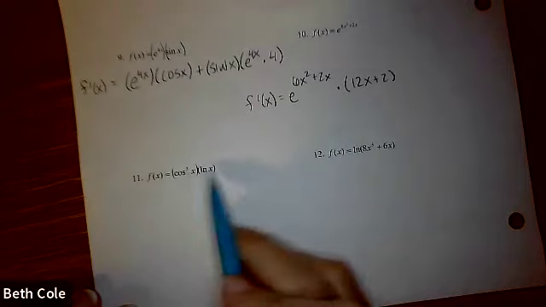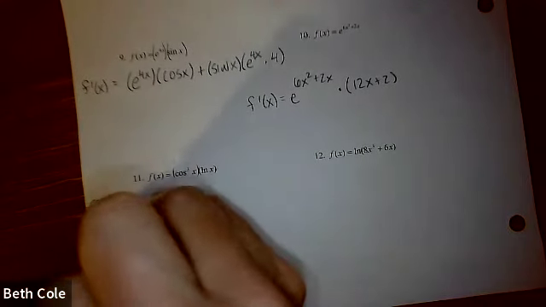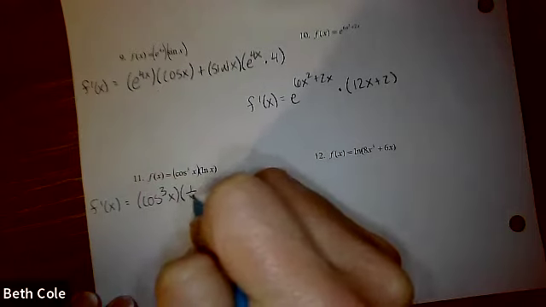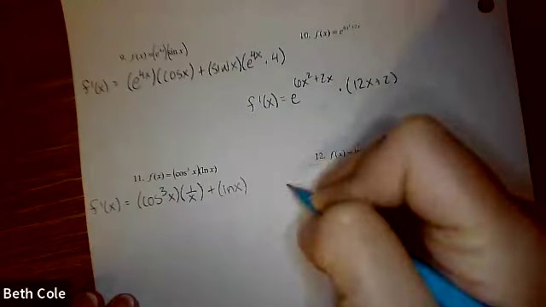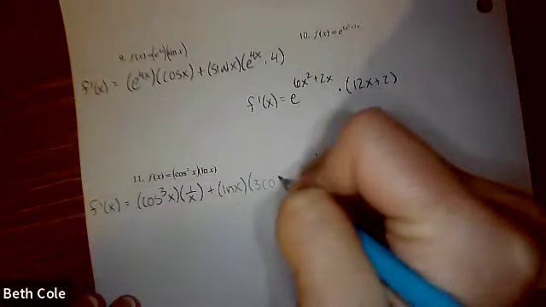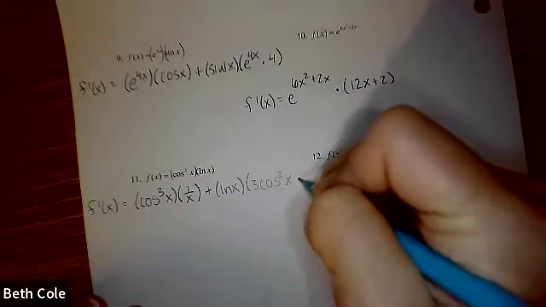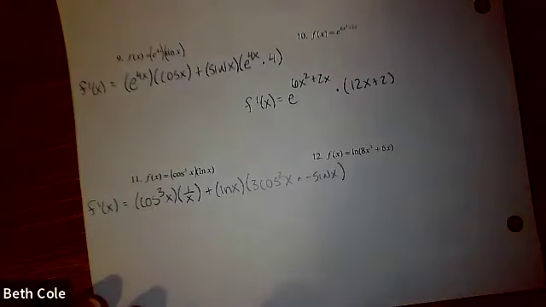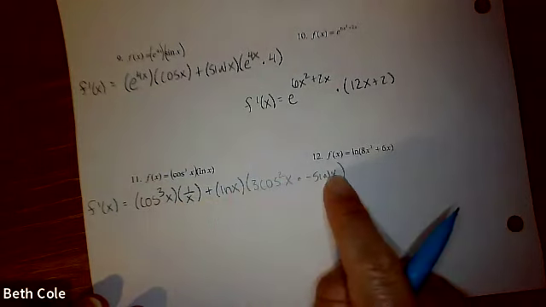All right, 11 is also a product rule and a chain rule with that cosine cubed. So product rule, we're going to start with the first thing. And then derivative of ln is 1 over x. So first times derivative of the second plus second function, and then derivative of the first. This is where a chain is going to come in. Your outside function is the cubed. So we bring the 3 down, drops to a 2, and then you chain on the derivative of cosine, which is negative sine. So your product rule, first function, derivative of the second, plus second function, derivative of the first,